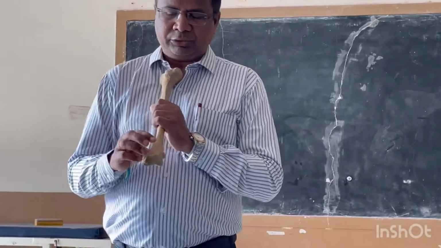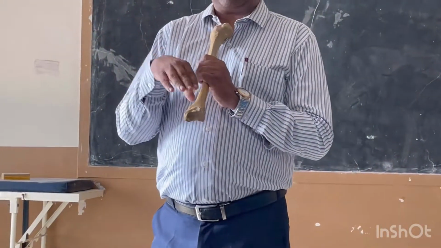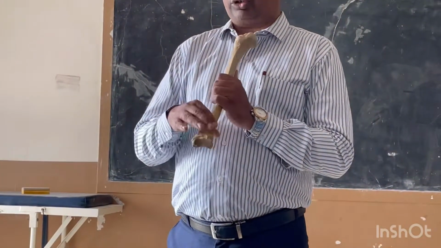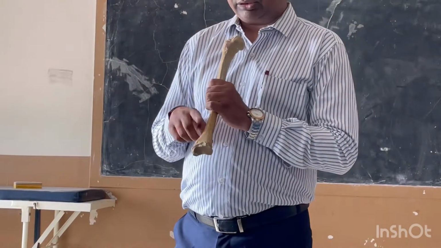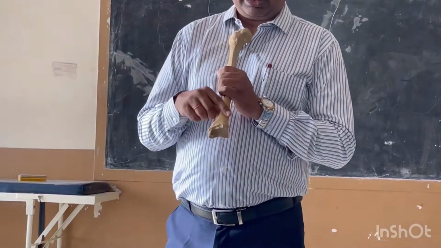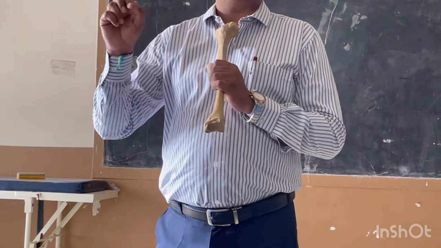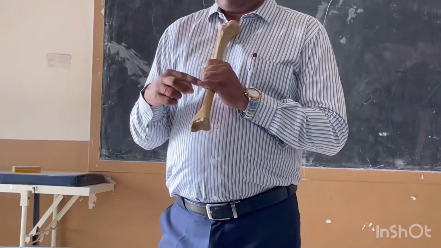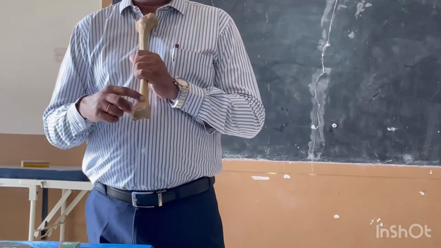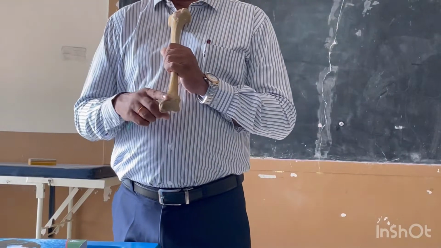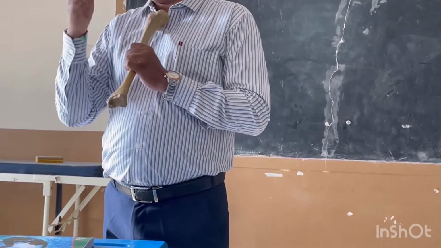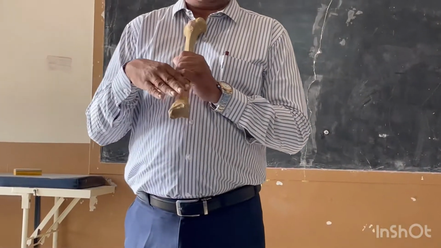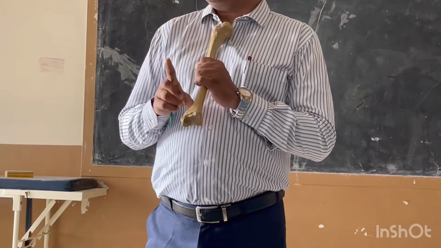Now, a very important thing which you should understand about the lower end of the tibia is that there are some tendons or structures which are going to cross the anterior surface and the posterior surface of the lower end of the tibia, and these structures can be remembered by a mnemonic. For the anterior surface of the lower end, you can remember THANDP, thunder P. Okay, from medial to lateral side: T for tibialis anterior, H for extensor hallucis longus, A for anterior tibial artery, N for deep peroneal nerve, D for extensor digitorum longus and P for peroneus tertius. So these are the structures which are going to cross the anterior surface of the lower end of the tibia.